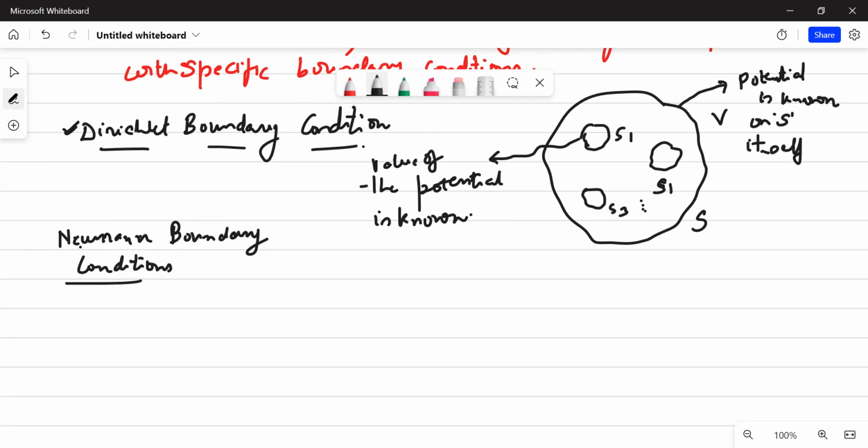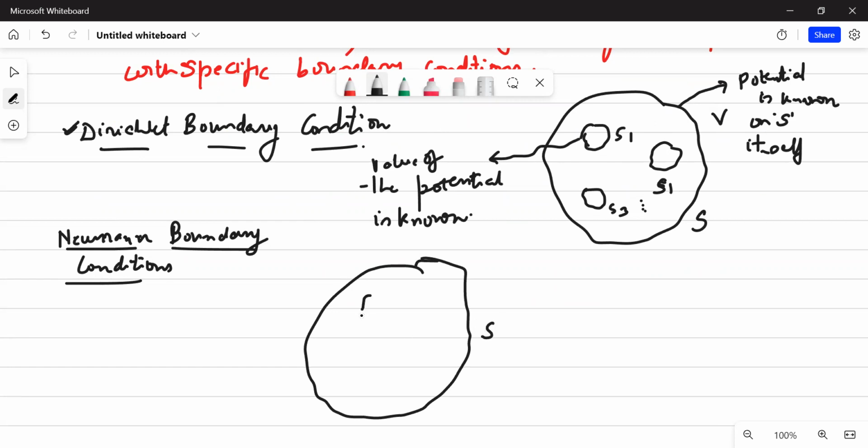And what is electric field? Electric field is nothing but the spatial derivative, the derivative with respect to space, of the potential. Okay, so let's say this is your volume V, which is bounded by surface S. And on each of these surfaces, instead of supplying